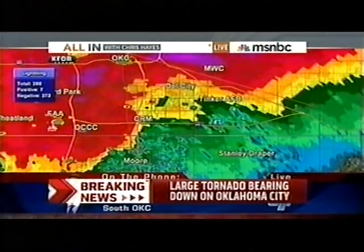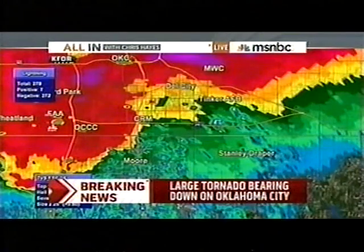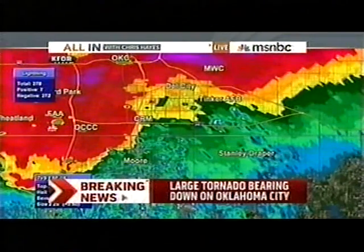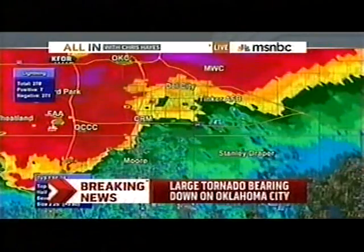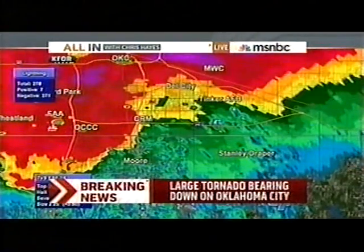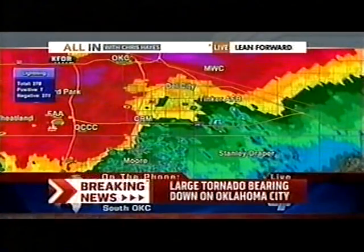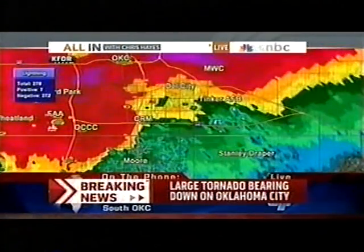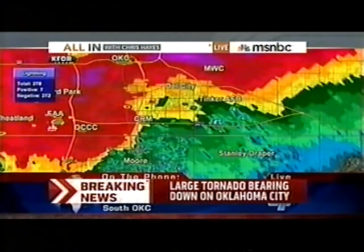Okay, it's definitely turning southeastward toward Crossroads Mall. It's heading down toward Crossroads Mall now. Let's go to Mark Dillard live. Mark? Yes, Mike, I'm coming up to 29th and Central now, and it's obviously turned hard right on us here from the I-40 corridor going south. The darkest part of the circulation area is to my south. It's going to be coming, exactly as you said, hard right to the Crossroads Mall